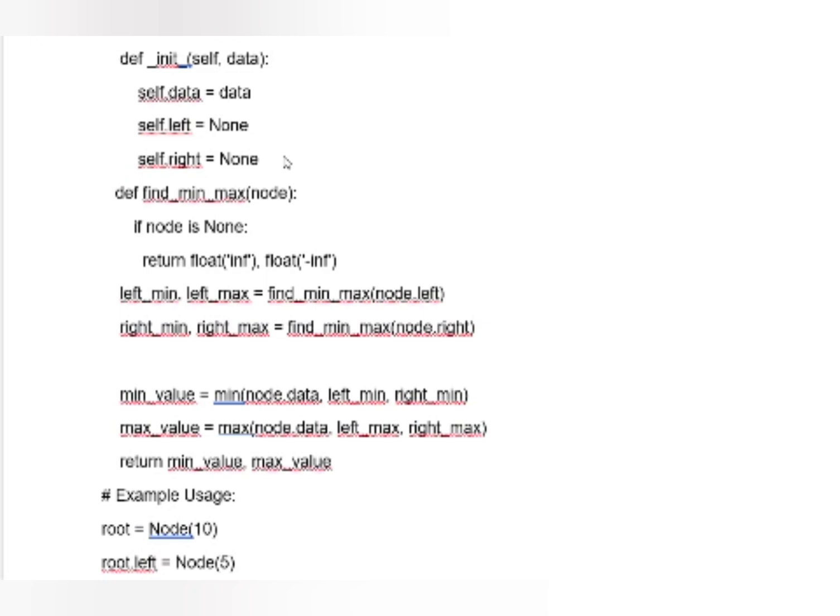First we will go to the node and return the values, and next we will go to the left subtree and find the left minimum and left maximum of those. Again we will go to the right subtree and find the right minimum and right maximum of node.right, and we will calculate the min and max value as min_value equals